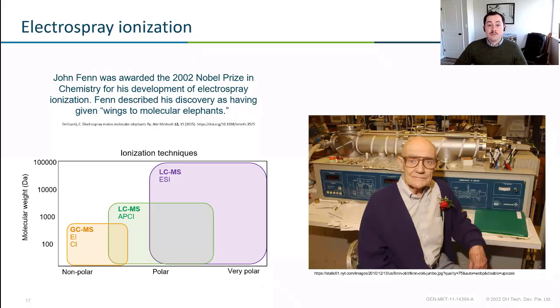For ESI, we're really talking about polar compounds, the polar to very polar range, versus typical GC-MS, where we're dealing with non-polar compounds. You'll notice I have another type of LC-MS ionization there, APCI. If you're from the environmental or maybe even the forensic world, you might have heard of APCI. I like to describe APCI as bridging the gap. It allows us to look at some of the non-polar as well as some of the polar compounds. It can be good for some of those historically GC compounds, but it really allows us to cover this full spectrum of polarity.